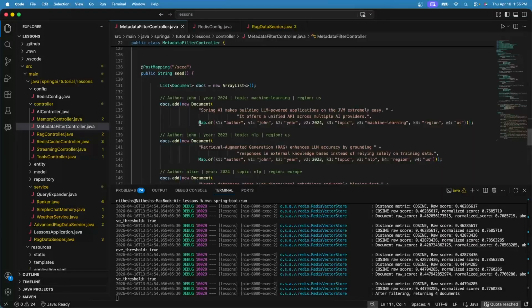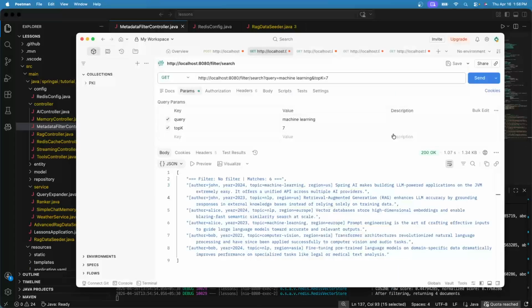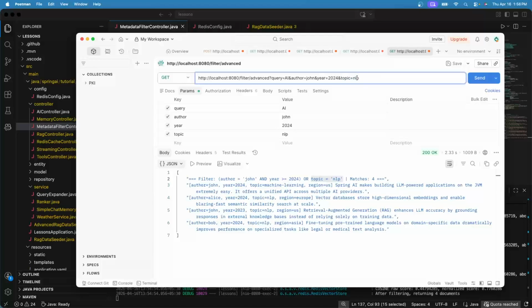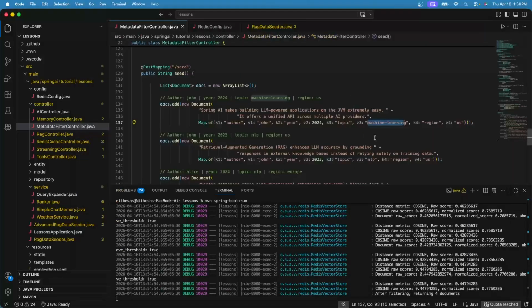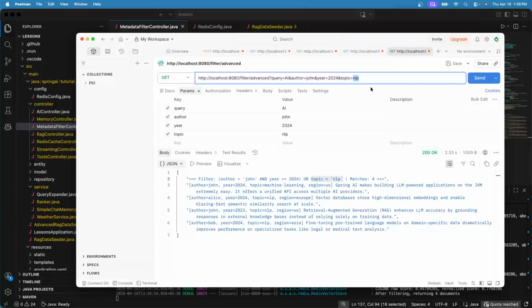There is one more thing you need to be careful about when specifying the metadata. We should not include characters like hyphen in the metadata values. Here we have the topic machine learning. So when I use machine learning in the query topic instead of NLP, let's see what result we get.